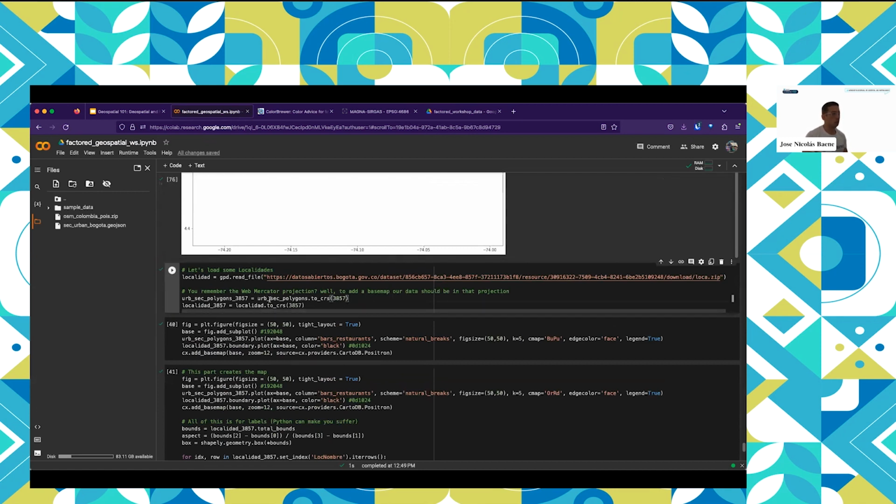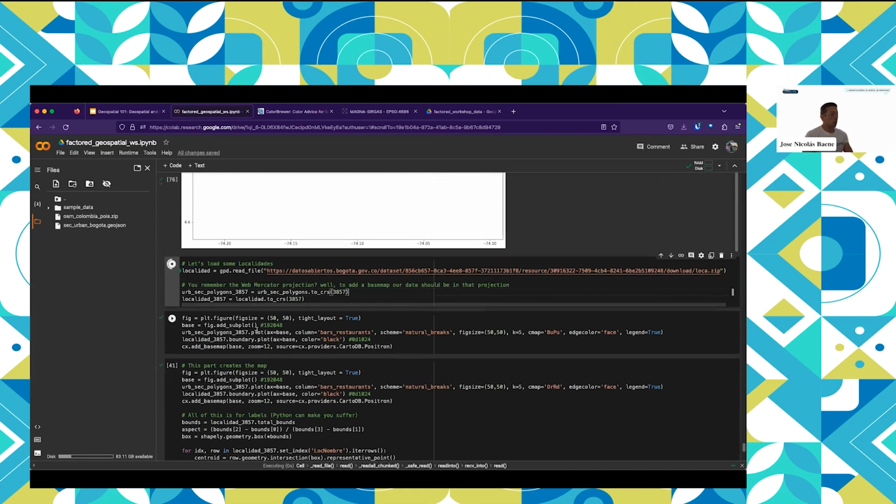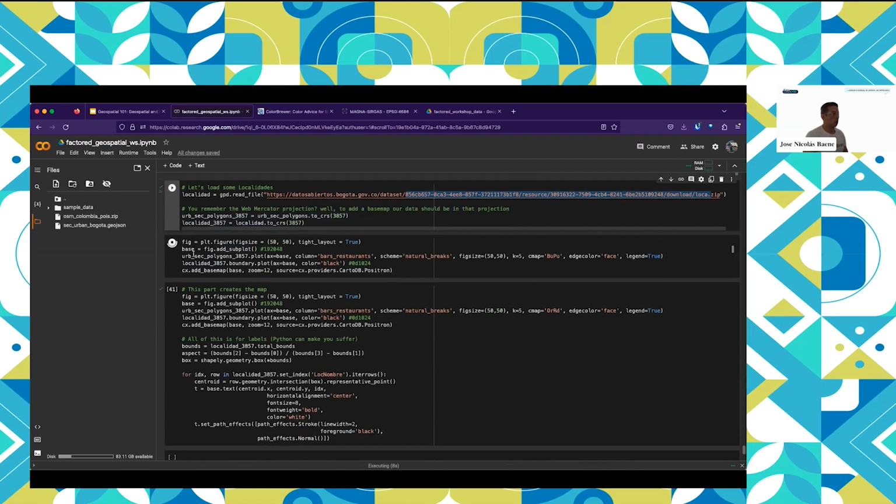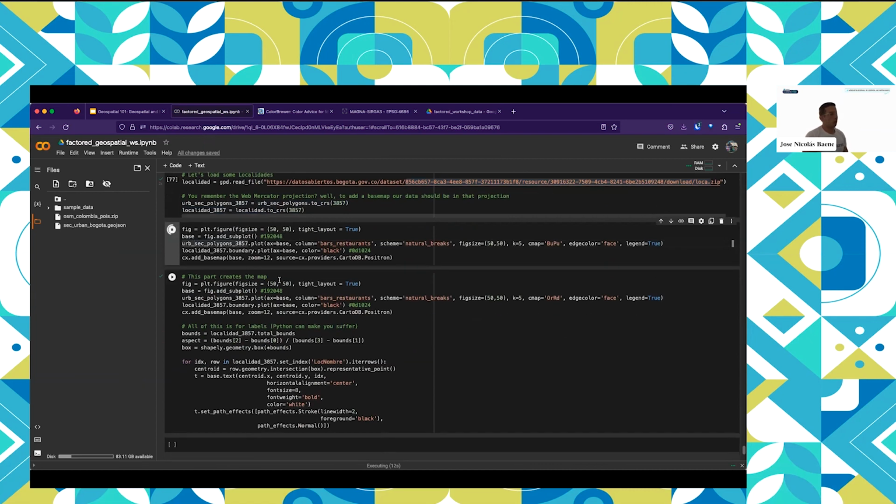So there is this library, which is called Contextily, which helps us to add that. But for that, we have to reproject everything to Web Mercator. You remember Web Mercator from what I spoke about above? So I have to reproject everything to that in order to be able to pull the base map. And I pulled some more data, which is localidad, which is an administrative boundary for Bogota. And right now we're getting a nice map, I hope, with the boundaries.